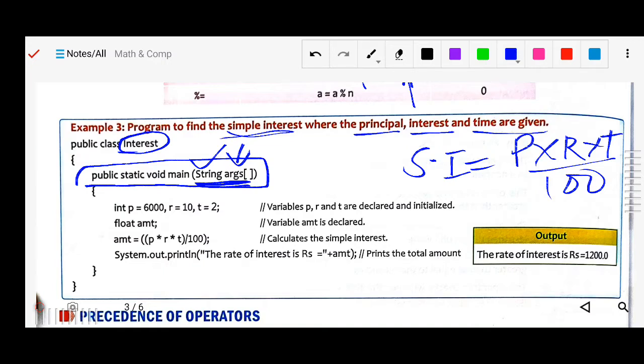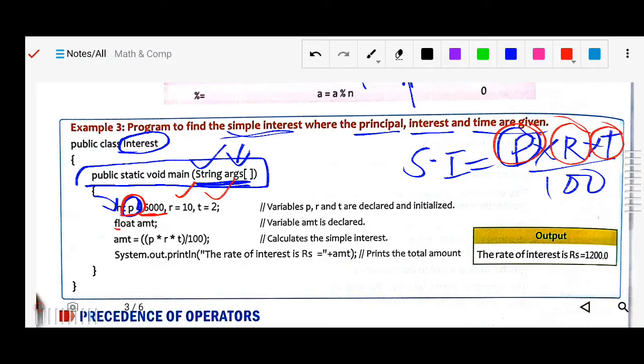Now we have declared p as the principal, and we know that variables we always assign with small letters. So p is assigned the value 6000, r is assigned 10, and t is assigned 2.